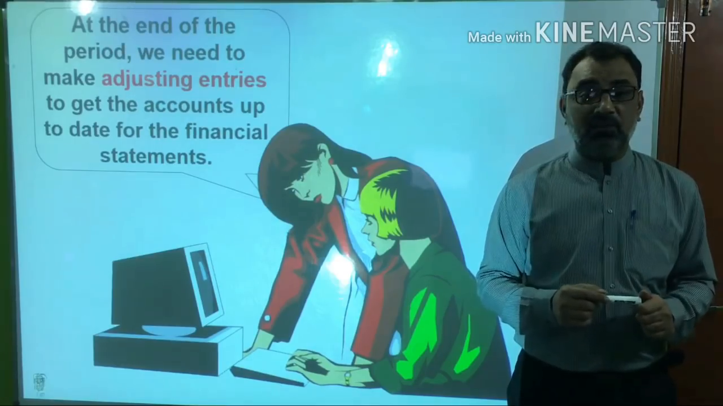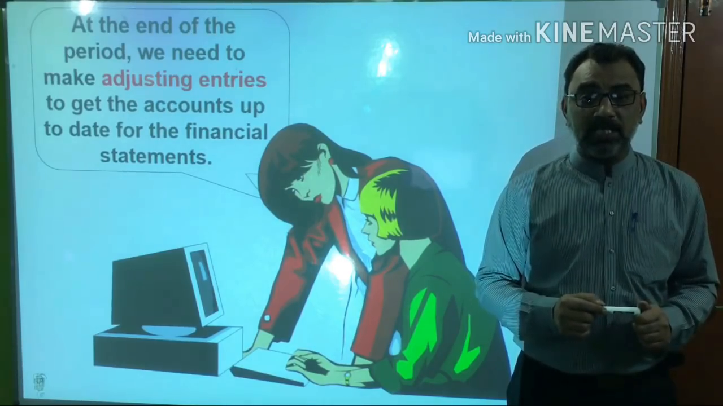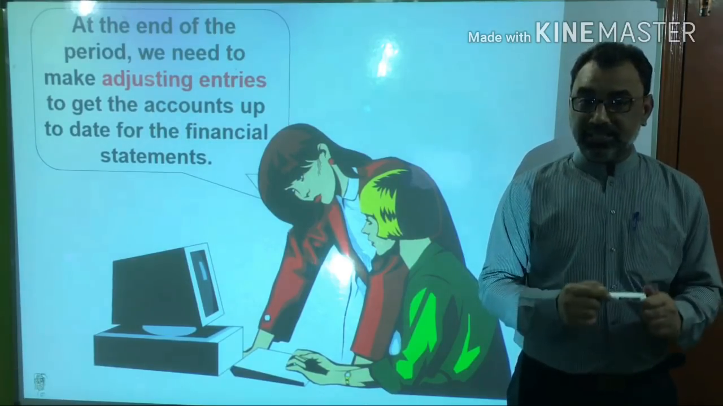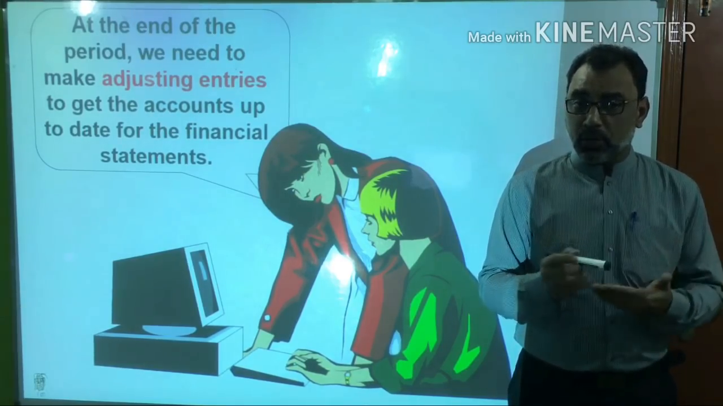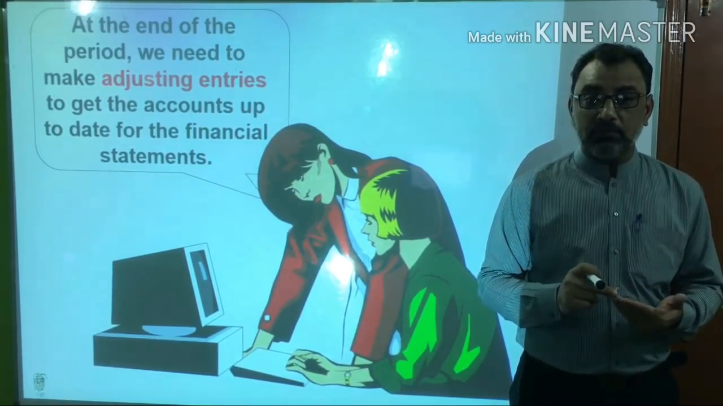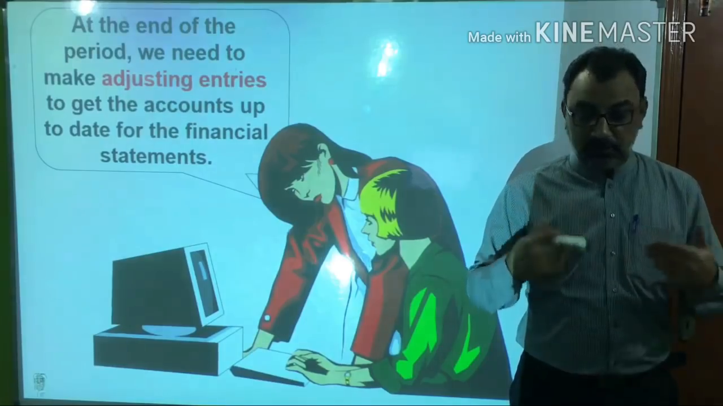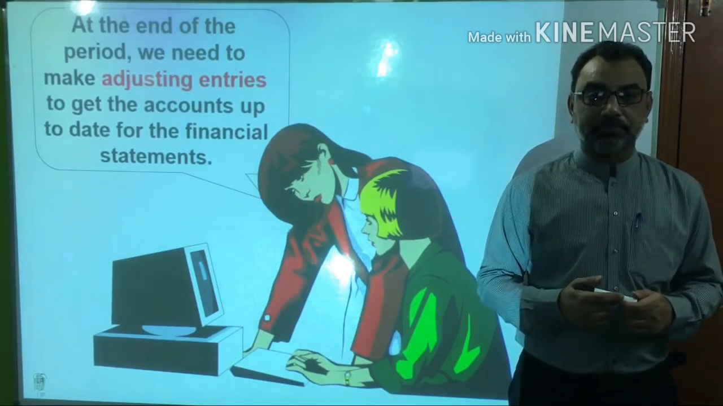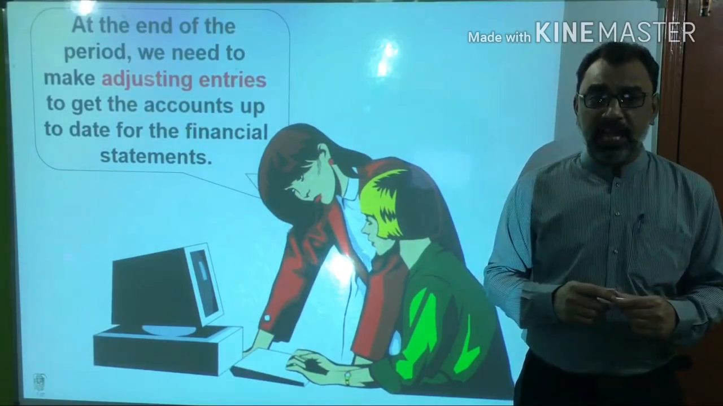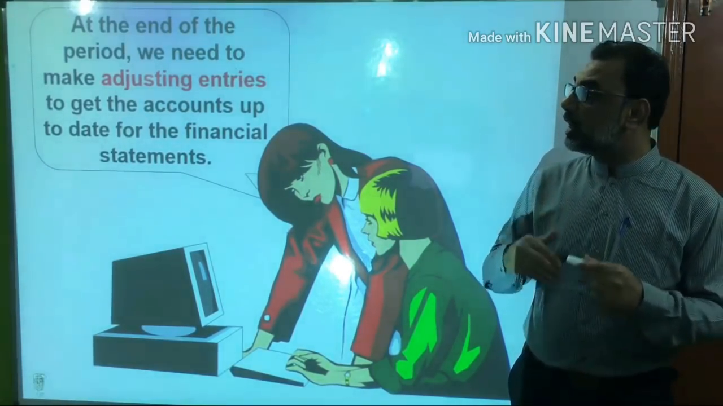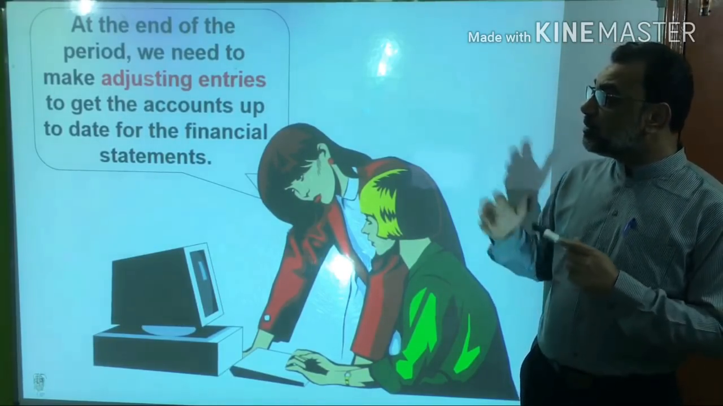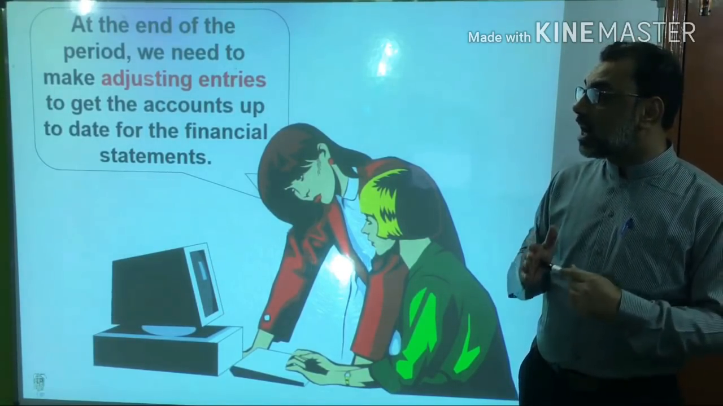For example, a firm purchased shop supplies that will be used for several months. Thus, an adjusting entry is required to record the expense associated with the shop supplies that the firm uses each month. So the question arises, what is the need for an adjusting entry? And when do we need to adjust the accounts? Usually at the end of the period, we need to make adjusting entries